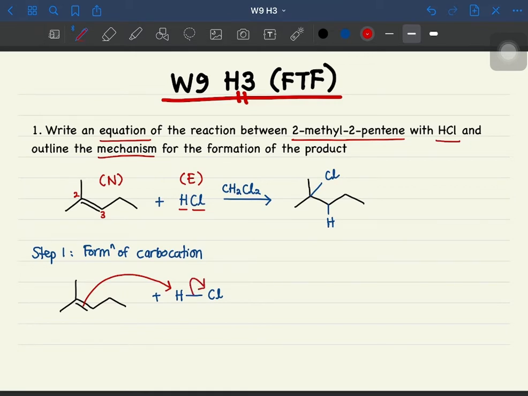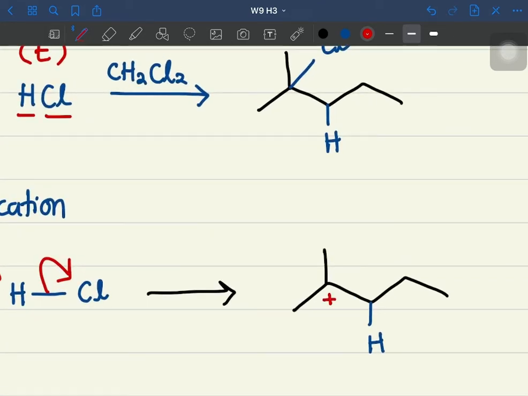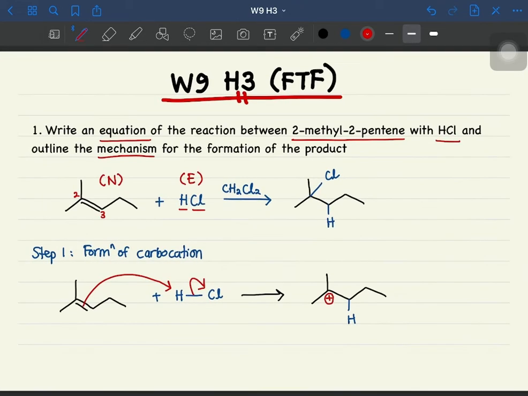So from here, we're going to get a product of, so we have 1, 2, 3, 4, and 5. Don't forget the methyl. So hydrogen will be added to the carbon with more hydrogen on it. So this hydrogen is going to be added here, given this carbon will become the positive charge because they lose one of the electrons from the carbon-carbon double